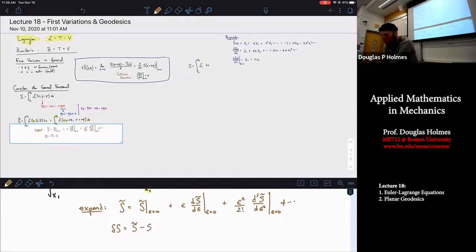And clearly, well, maybe not clearly, but this is our real function. When we have epsilon equal to 0, we recover y, we recover y prime. We don't have any of that messy perturbation anymore. So the difference between these two is just going to simply be epsilon times dS bar d epsilon at 0, plus